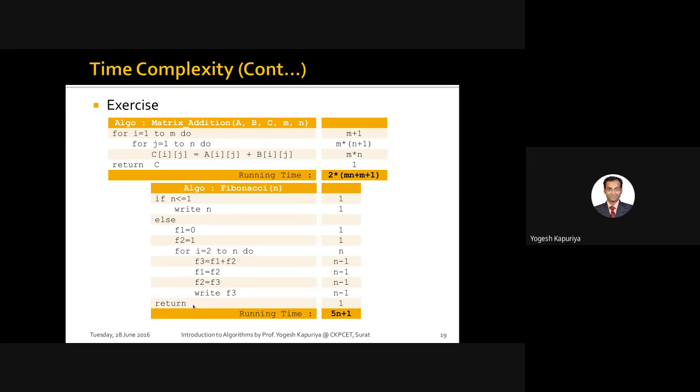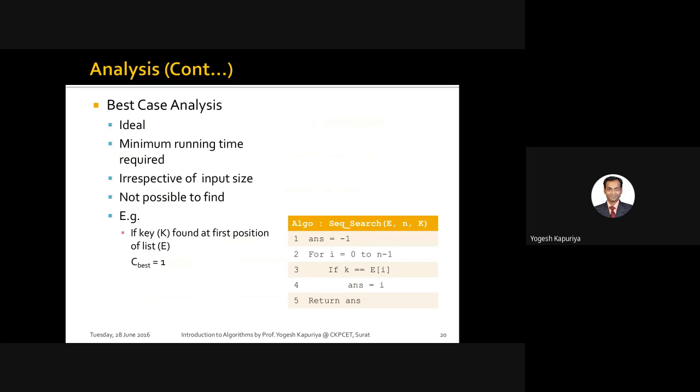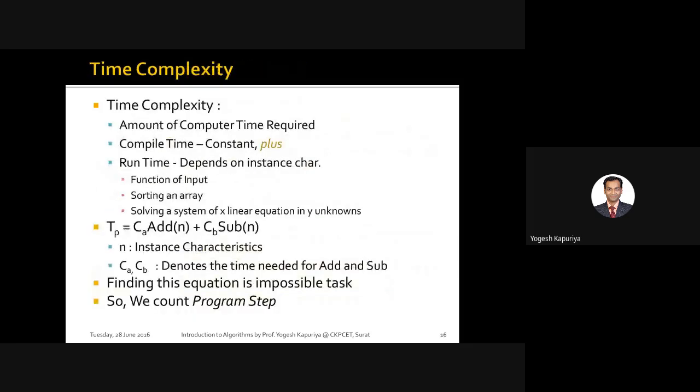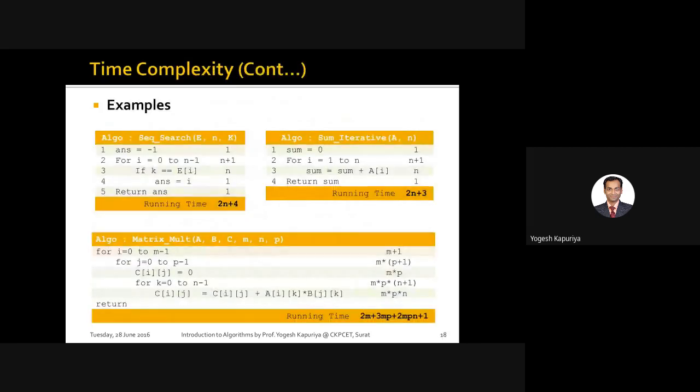And finally you are returning, actually you are not returning anything. This should be 0. I don't know why it is written 1. So that's why it is 1, 1, 1, 1. You just add all this together, you will get 5n plus 1. Again, this is not time complexity, but this is an important step to compute the time complexity. Okay. I hope you understood this, how to calculate the step count for any given algorithm. Anything which you want to ask?